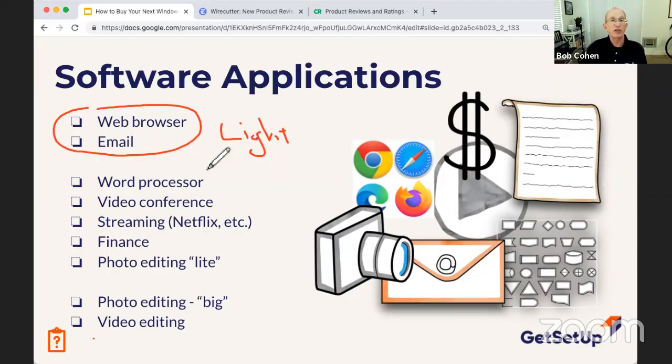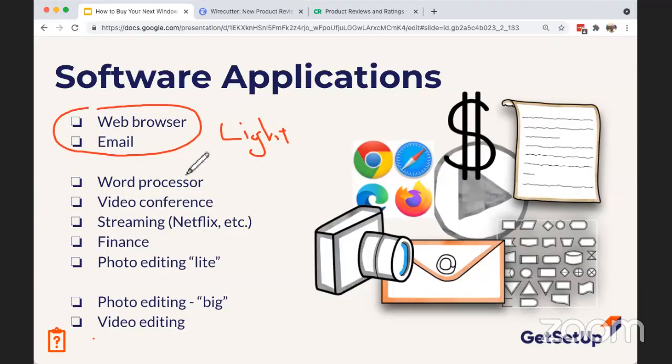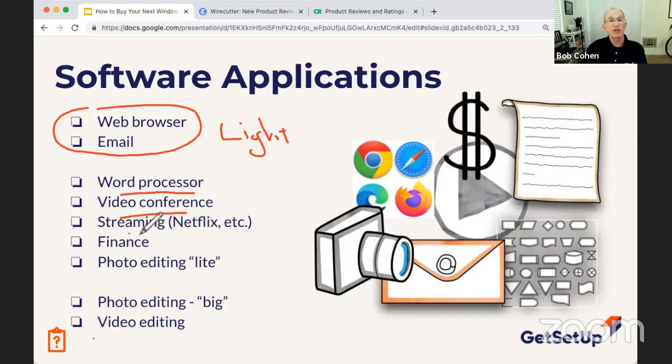Then when you're doing something a little more involved, like office applications, video conferencing, streaming, finance, not just online banking but more spreadsheets, and maybe some light photo editing, that's what you would call mid-range. This is where most people need a PC.